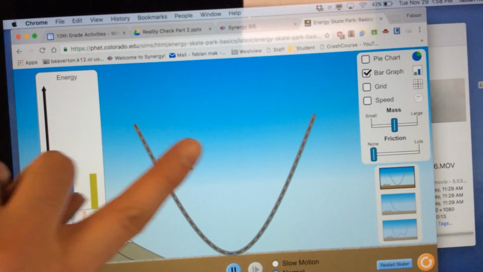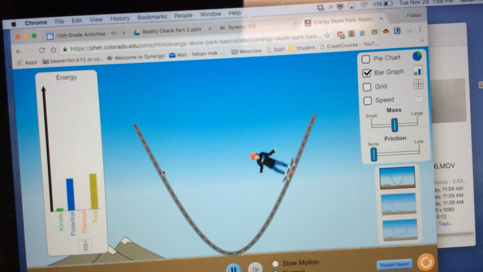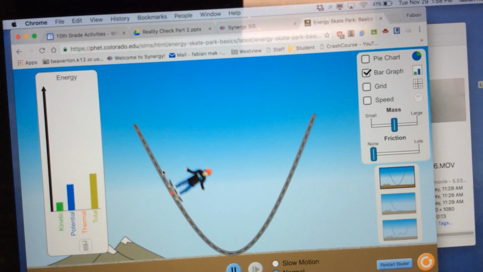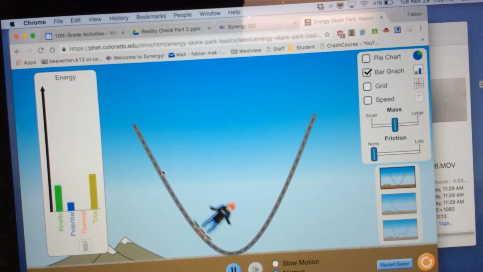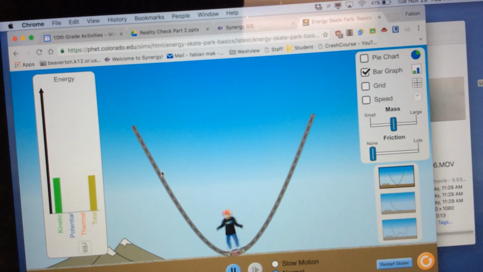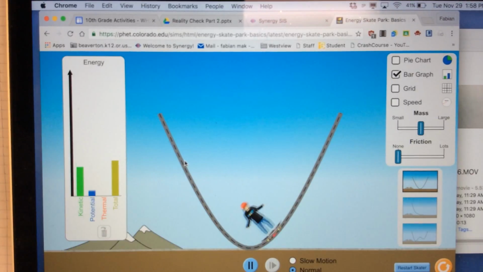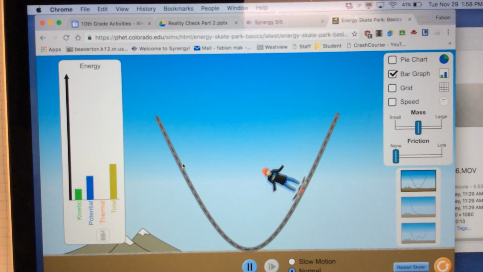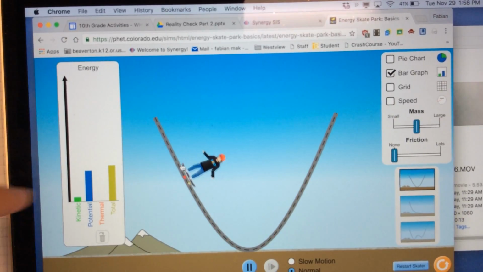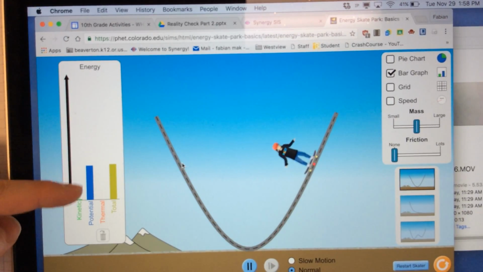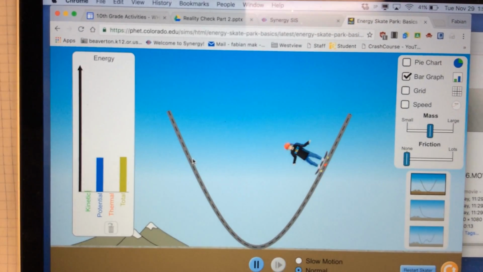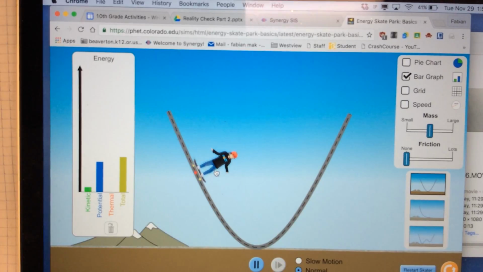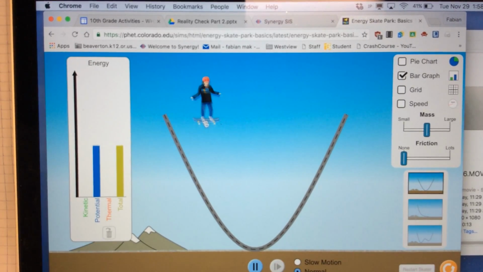There's gravity and there's a normal force, but the normal force is always perpendicular to the surface, which means it's always perpendicular to the motion, which means that the normal force in this case does not do any work. Okay? And so the only thing that's doing work is gravity. And we transform that gravitational work into this potential energy function so that we can see how it's increasing, decreasing, increasing, decreasing. So its total energy stays the same. Now, I can manually do work on the person, right? And then I can increase the potential energy